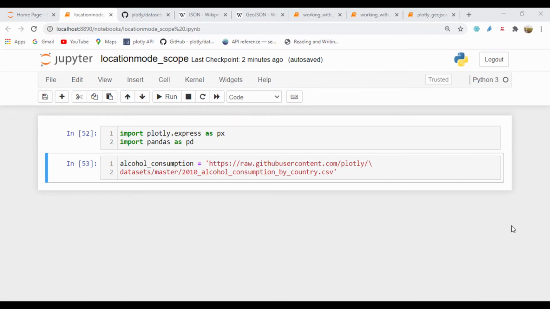Now when we're working with maps, we can actually set a scope that will provide information on a specific location rather than work on the entire world map. So I've gone ahead and imported Plotly Express as PX and also imported pandas, and I've also imported the alcohol